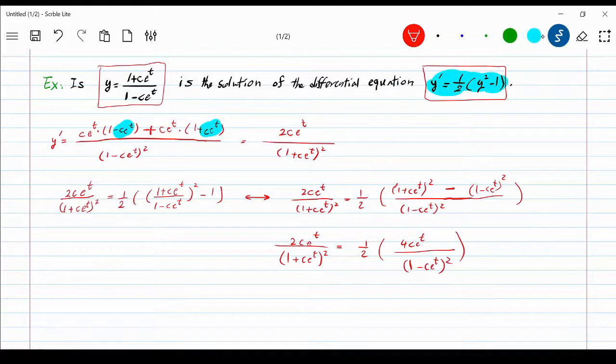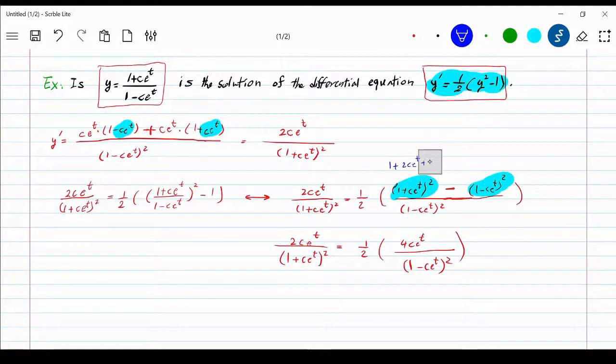I'm kind of skipping over the step, but you have to square this minus the square of this. You'll notice that there's only a negative difference between these two. So the square terms will cancel out and only the term that contains, okay, maybe I should write it above it. So here this would be 1 plus 2c e to the t plus c squared e to the t squared,